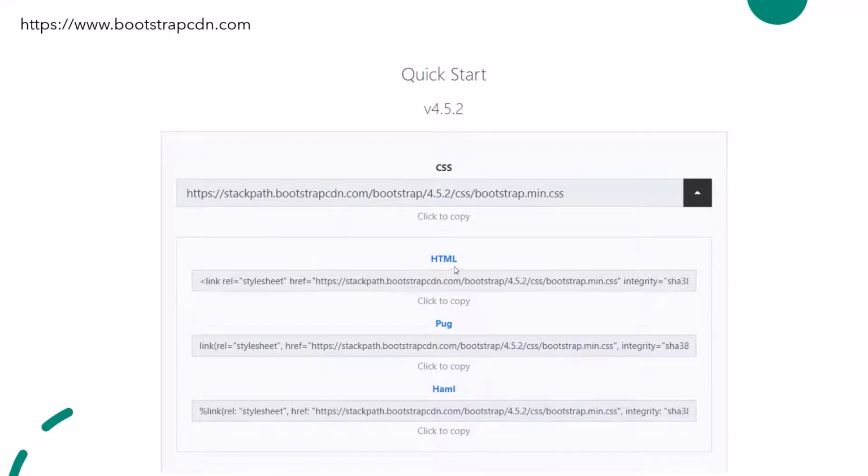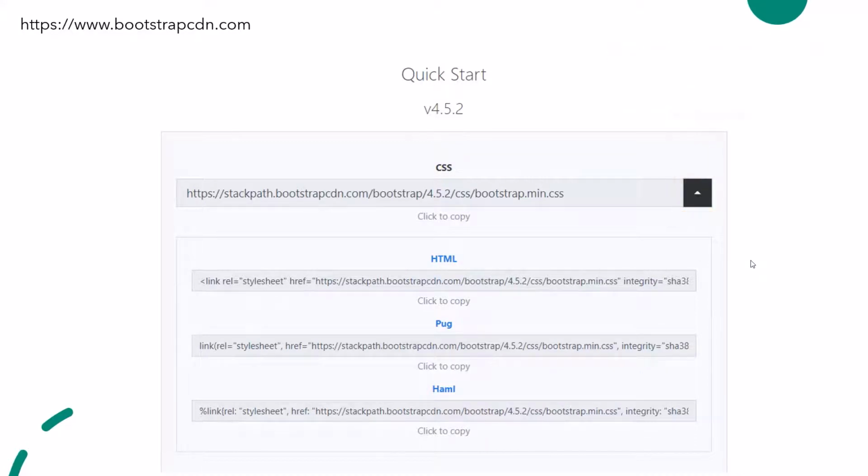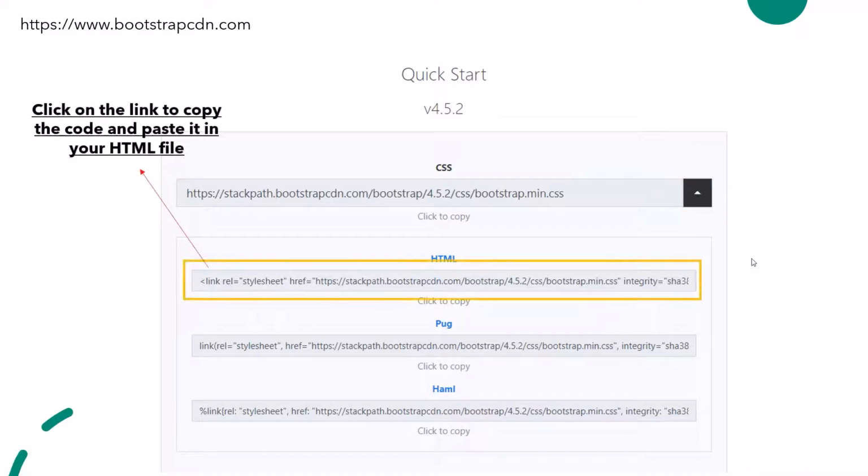Choose the HTML version, and once you click on the HTML link, you will be able to copy it. It is automatically copied, and then you can paste it in your HTML file. Put the CSS code in the head.